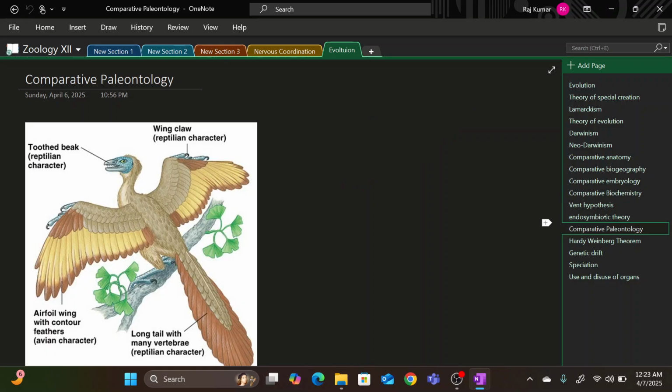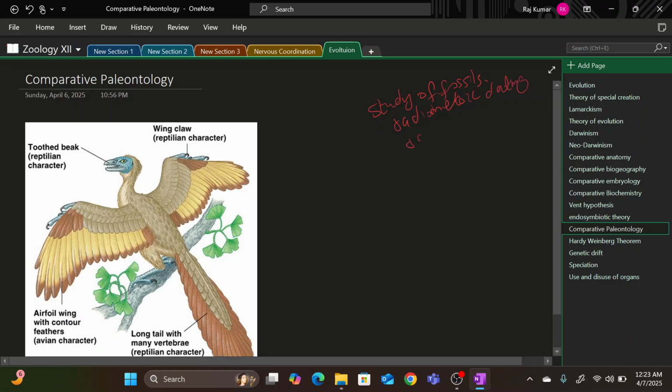And then we have comparative paleontology. This is very important because paleontology is a factor that determines how we understand evolution in a very nice way. Paleontology is basically the study of fossils. We study fossils in order to understand how evolution happened. The study of fossils happens through radiometric dating, or radioactive dating. Radiometric or radioactive dating are the same thing, and what it actually includes is